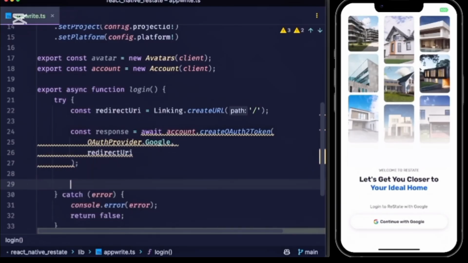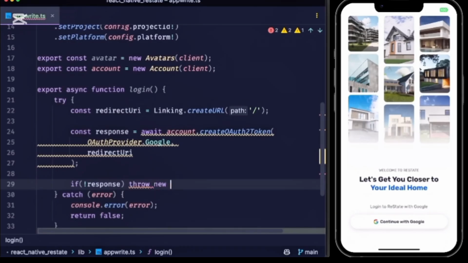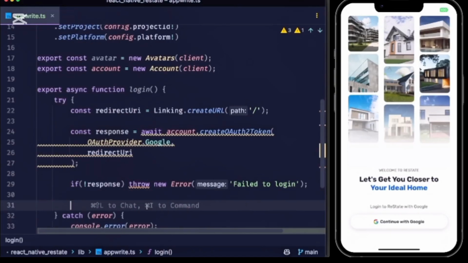After that, we can check if no response exists, then we can throw a new error saying something like failed to login. But if we have successfully created the OAuth2 token, then we can open up a web browser